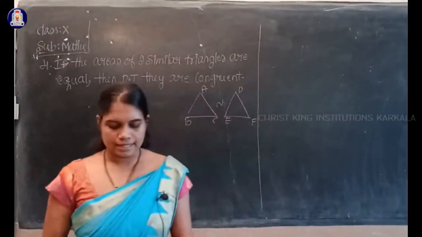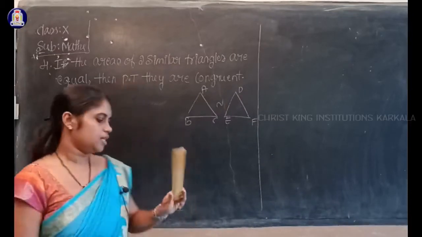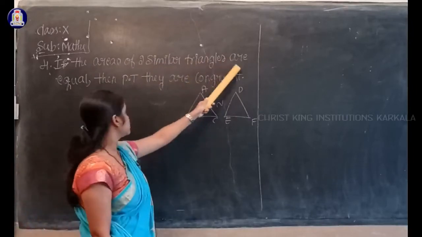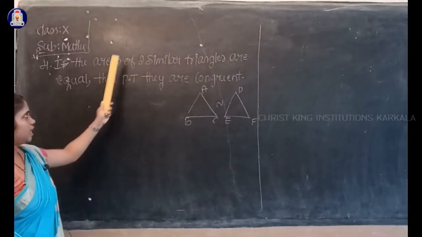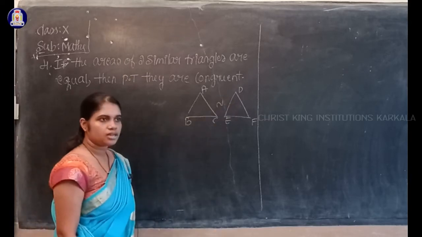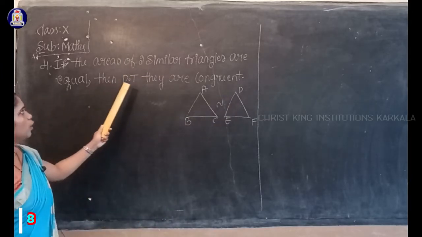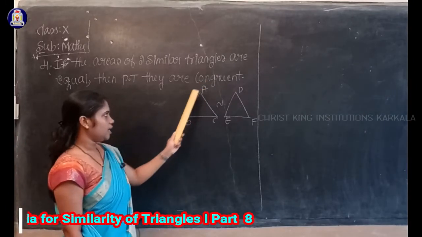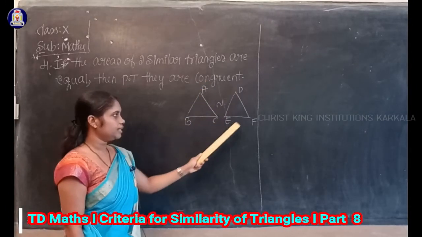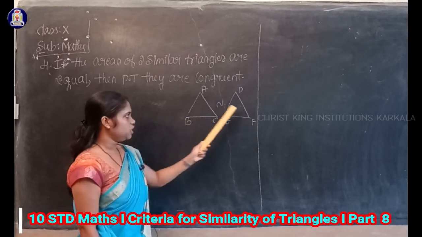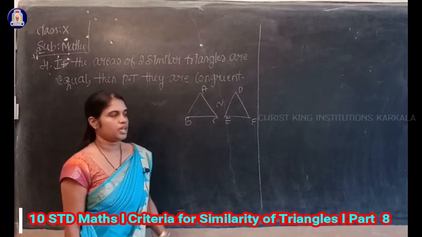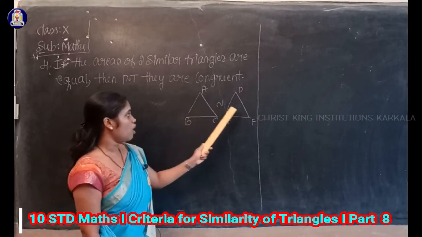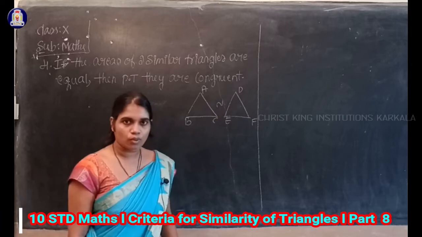Next problem. I'll consider the next problem. If the areas of two similar triangles are equal, then prove that they are congruent. So here, triangle ABC and triangle DEF are given as similar. If these two triangles are similar, and also if the areas of these two triangles are equal, then these